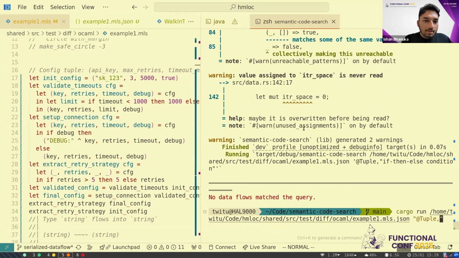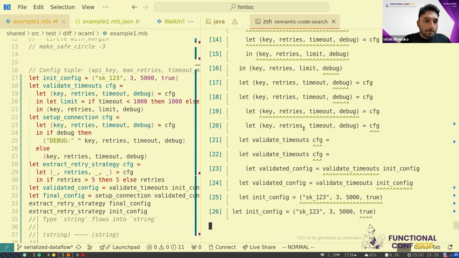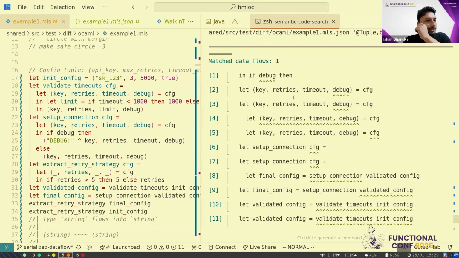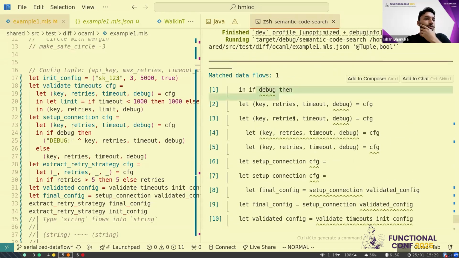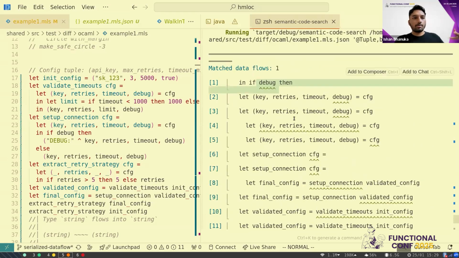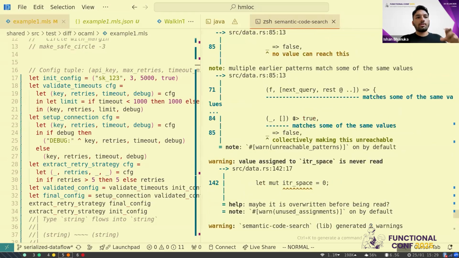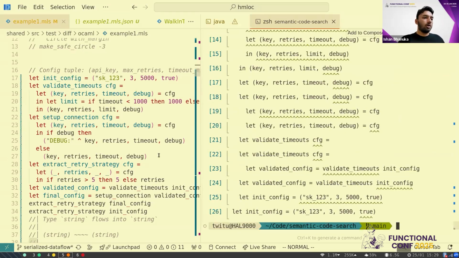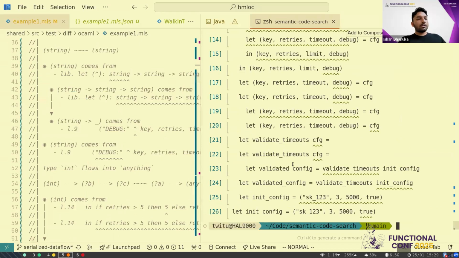Maybe this isn't working right now. Bool. Okay, so I can do it by checking for Boolean values. So you can see that I could remove all of it and focus on a specific flow. And one of the most interesting things about this is that this approach combines the type information with the syntactic information, because